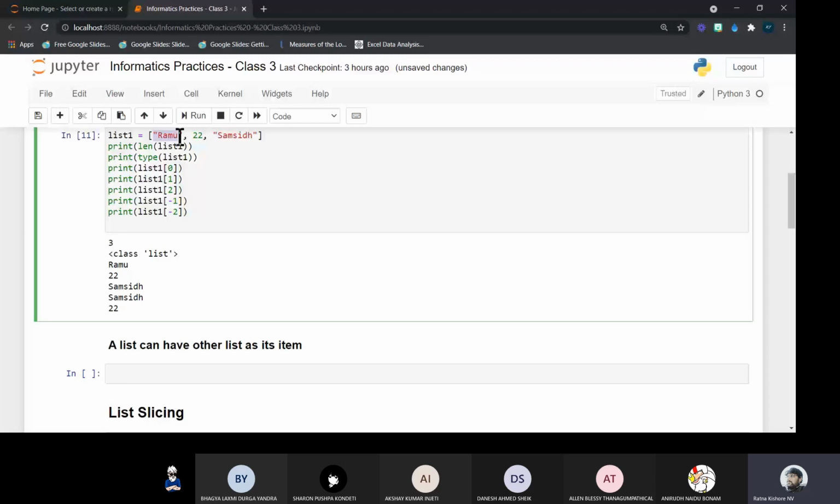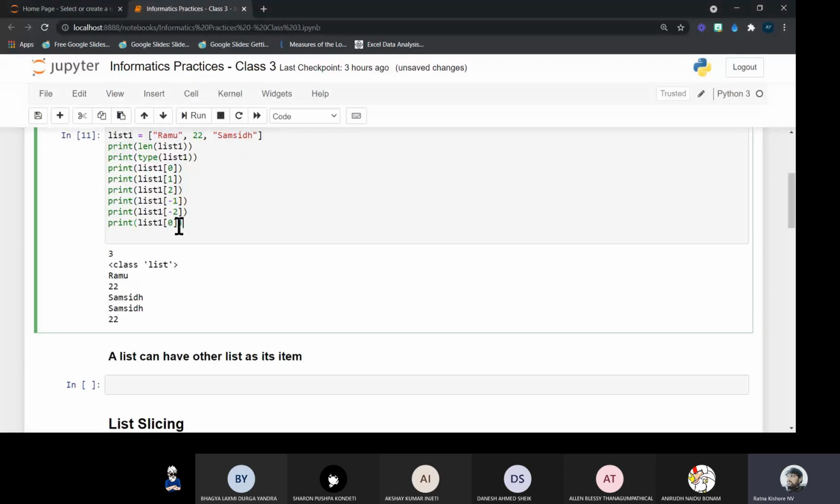So Ramu itself is a string and can be indexed. Then how can I access the individual characters of that string? See, if I use list of 0, I will get Ramu. In that Ramu, which is a string, I want to access the first element. So what is that first element? Capital R. If I use list1 of 0 comma 0, then list1 of 0 gives us the first item in that list, that is the string Ramu.